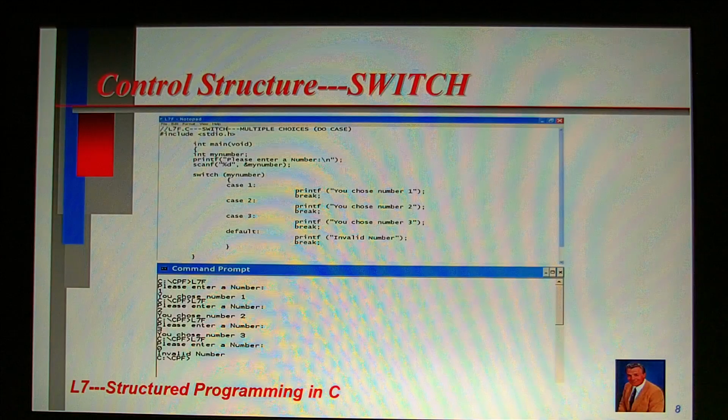Okay, now that the switch control structure has been thoroughly discussed, let's review it in context of the entire computer program L7F. Note the computer programming instructions included in the main function definition, but before the switch control structure, namely int MyNumber; printf("Please enter a number:\n"); scanf("%d", &MyNumber);